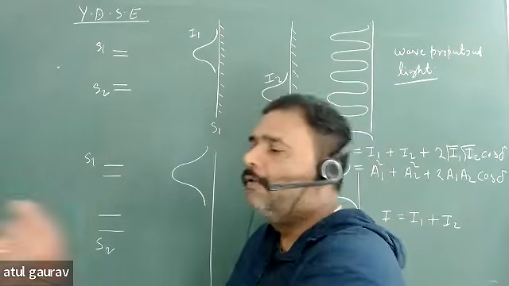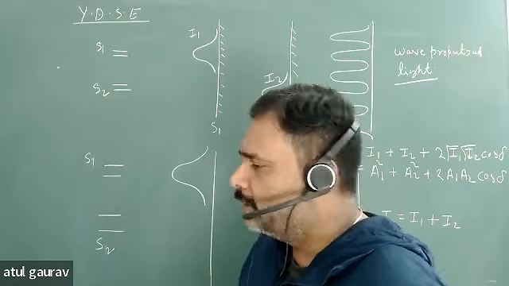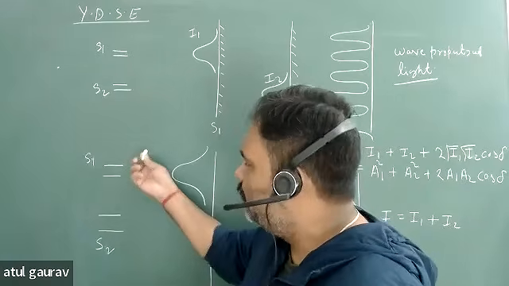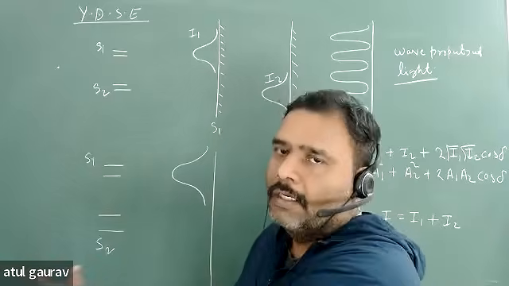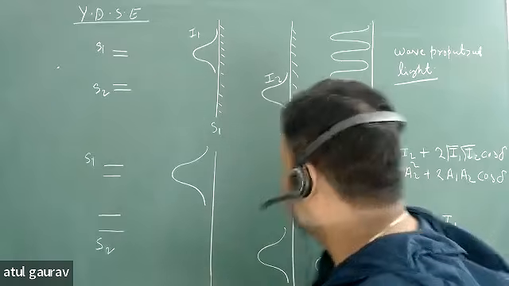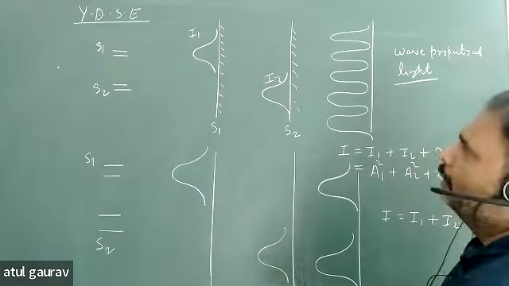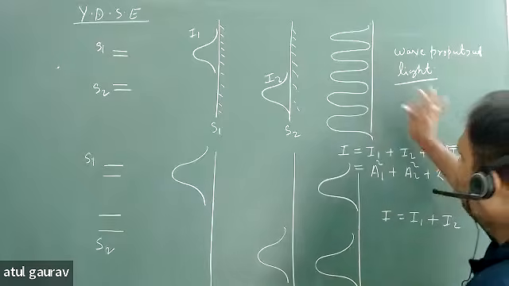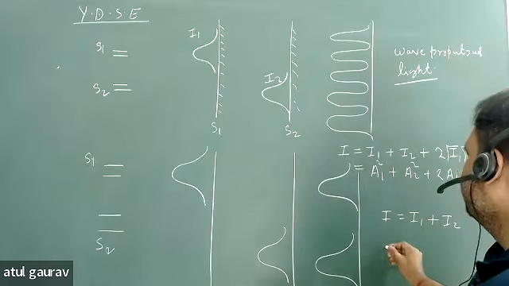You can chase how it is going there, and you can 100% say that it is going either from S1 or from S2. You know precisely it is going S1 and precisely it is going S2. Then you can easily say that this number of marble ball is here and this number of marble ball is here. So here it is wave property of light, and here